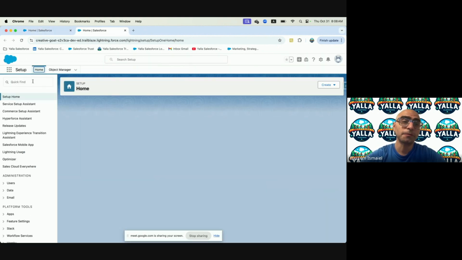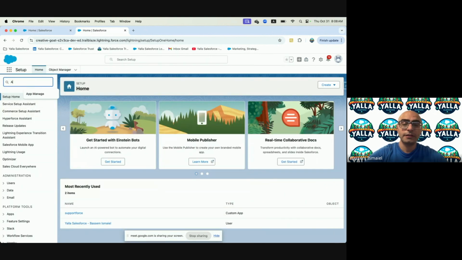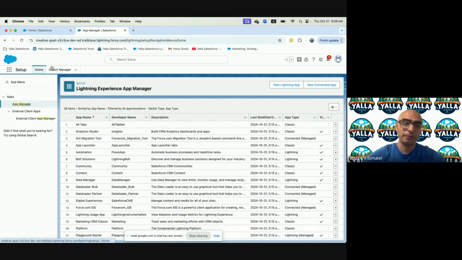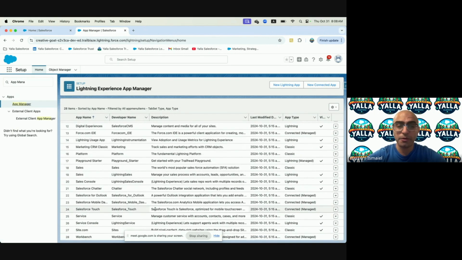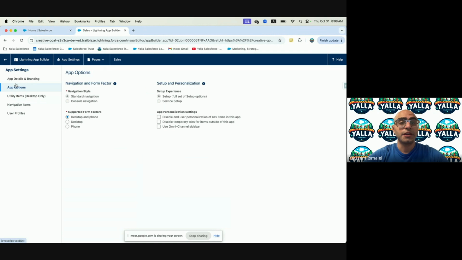We will go to Setup, App Manager, and this will be the full list of all the apps available in Salesforce. Some of them you will be familiar with, standard apps like Sales and Service. And when you go there, it's going to open the Lightning App Builder, which we are talking about today. This will allow me to put in branding, the name of the app, the color, and then we will go for